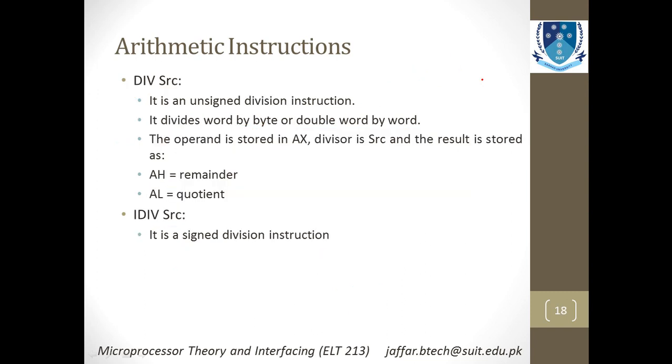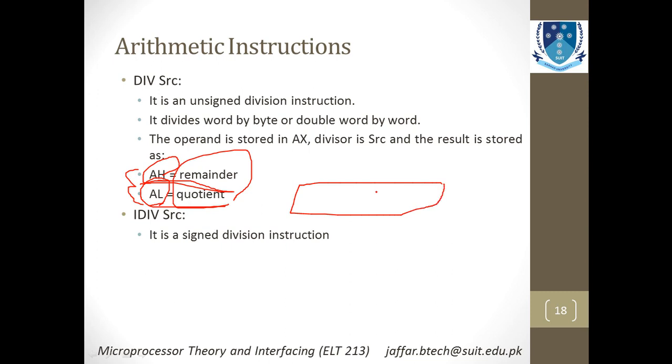Now another arithmetic instruction is the division instruction, and in this instruction you have to actually divide. The difficulty in division is that you are not always getting a remainder of 0. There will be some remainder, and you have to store it in some memory, and you also have a quotient that you want to save in some memory. So the remainder and quotient are saved in the same register A, but in the lower and higher byte. They will be placed next to each other like this, but in a single register.